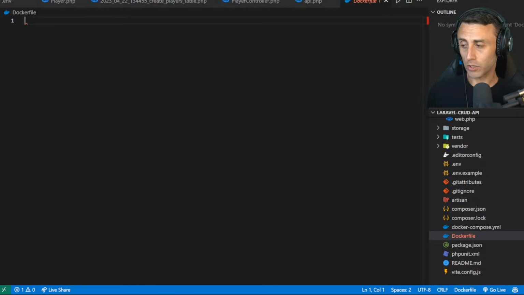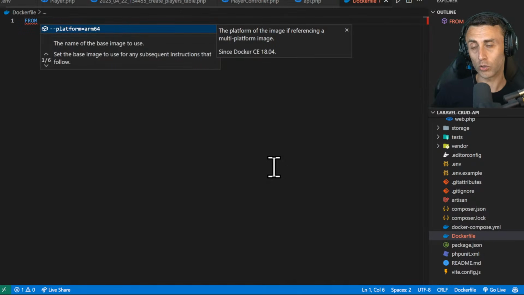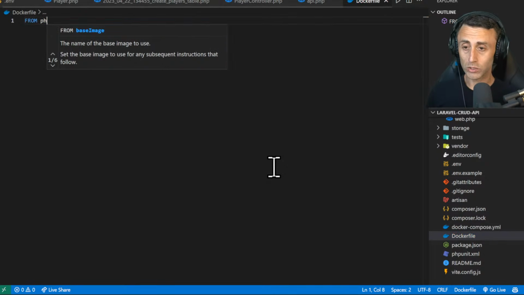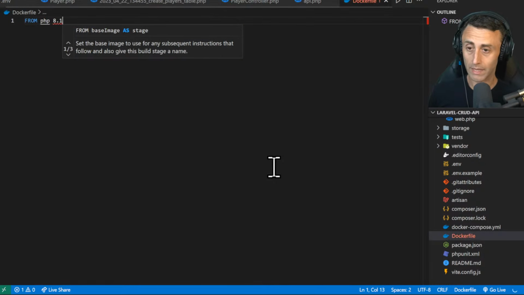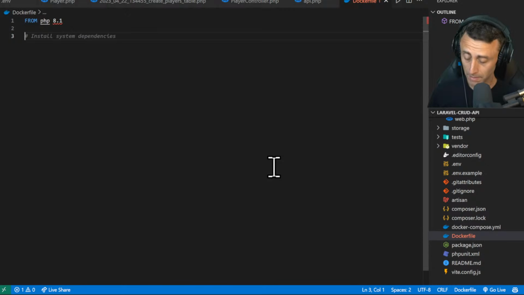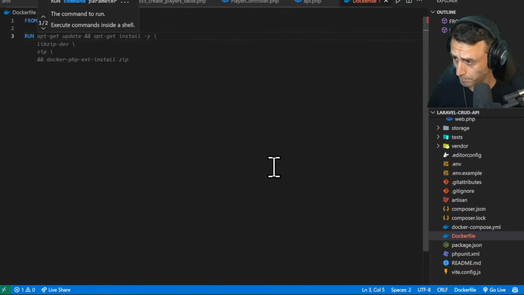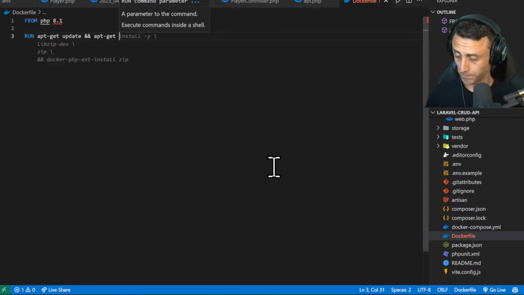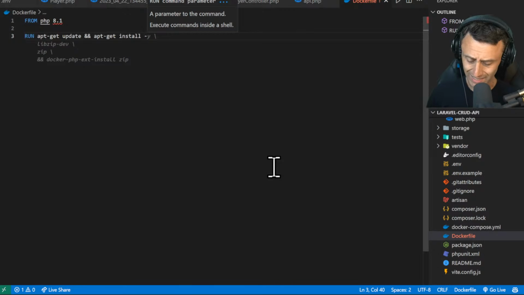So let's start with the Dockerfile. The Dockerfile is a file to create a Docker image. So we want to give the possibility to deploy this application everywhere where Docker is installed. So we can use PHP 8.1 as a version, the base one. Then we can run apt-get update. We want to basically update and also install some dependencies. So apt-get install, and it depends on